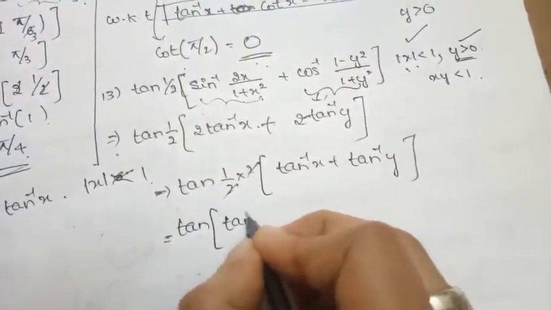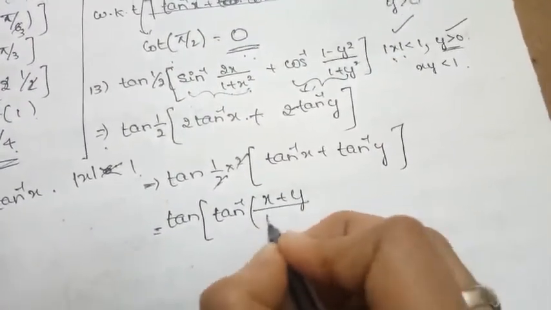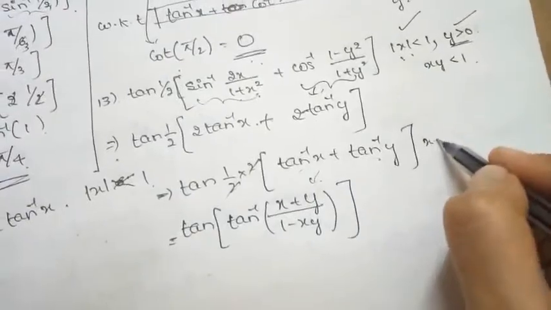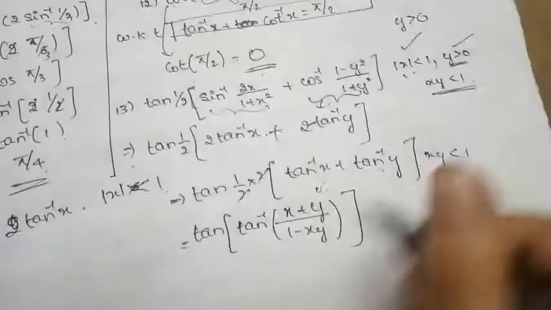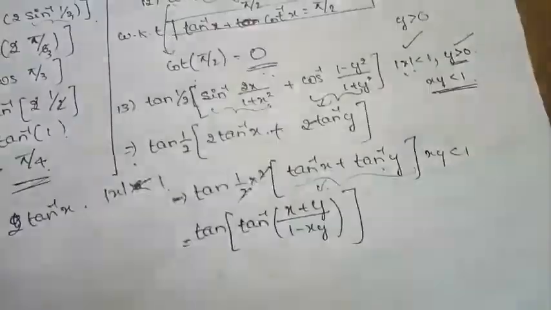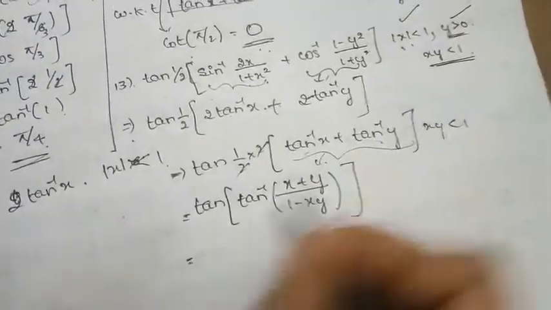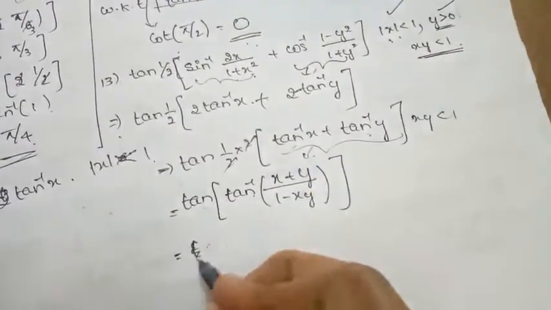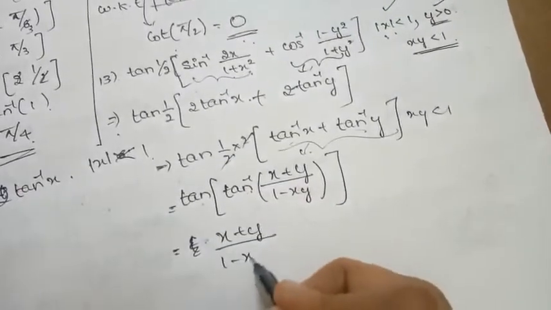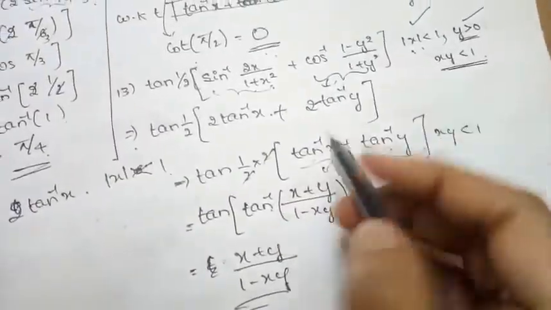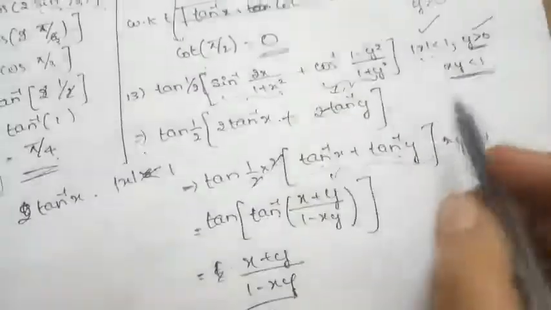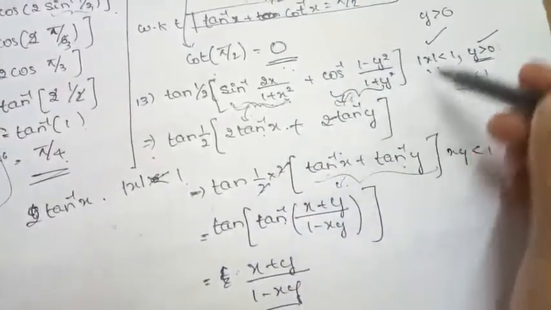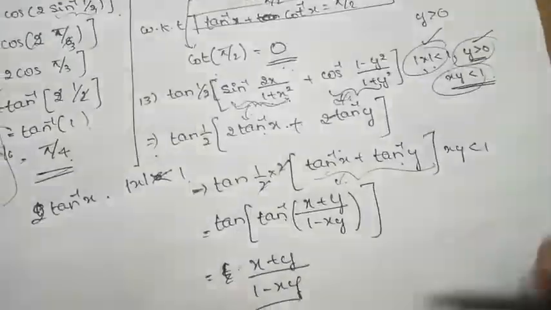I can write tan inverse of x plus y divided by 1 minus xy. So I can write this identity only when xy is less than 1. So the condition is here. So I can replace this one by this identity, since xy is less than 1, the condition is already given. So tan inverse of this one is nothing but x plus y divided by 1 minus xy. So here I am not going to check whether this one belongs within that interval, because whatever the conditions or identities which I have taken here to substitute, all are satisfying the given conditions.